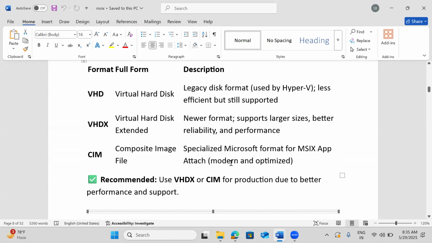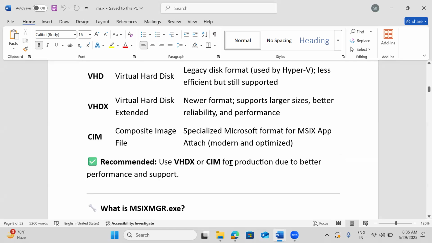Even Microsoft is now converting into CIM packages. Here we have a composite image file. The advantage is that in a compressed, archive-like structure we get the package, and we mount it virtually. With CIM, the main advantage is that the size of the application is reduced, and